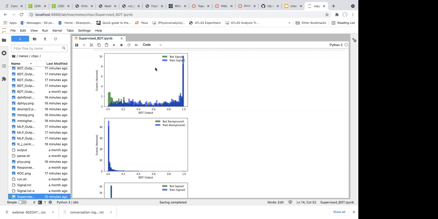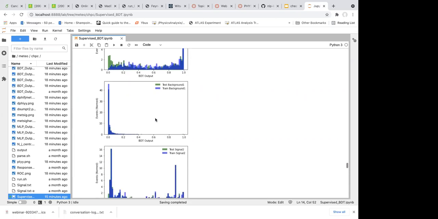So you can see that for the first method, the comparison between the training and test is not perfect. On the left side, some test samples that are supposed to be labeled as signal, or more signal-like, should be on the right side, but they happen to show up on the left side. But assume for the time being that we can tolerate this case. We say roughly that these two distributions still look okay. They are compatible, but not perfect.